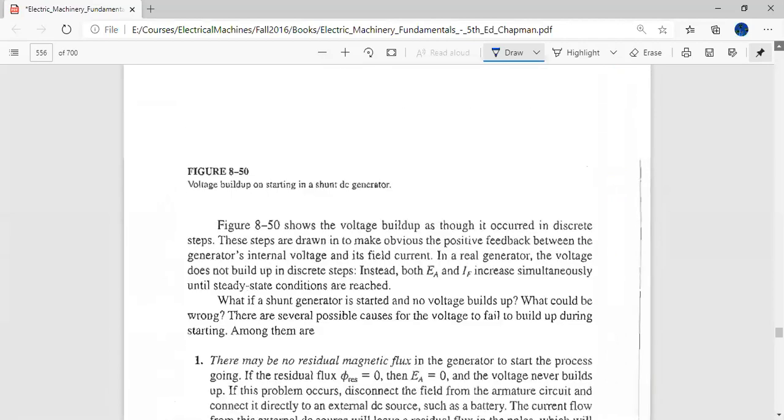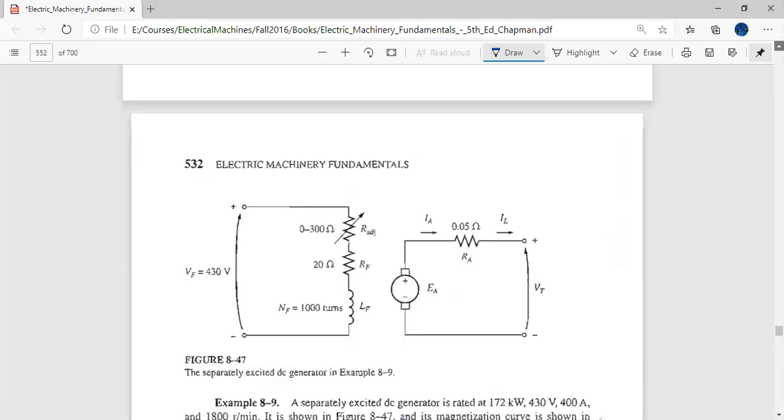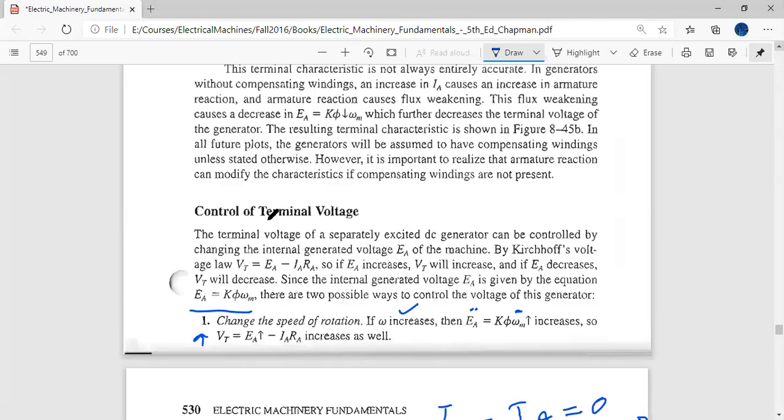and how we can change the terminal voltage of a DC generator. There's some discussion over here; when you look at that file, it gives a detailed view. But briefly, how we can control the terminal voltage of these generators. We know that EA is the voltage initially generated by the generator, and the terminal voltage is actually this generated voltage minus the IA RA drops. In order to increase VT, we could play around with EA. We could increase EA, and how can we increase EA? By changing the field and by changing the RPM. We could increase the field and we could increase the RPM to increase EA.